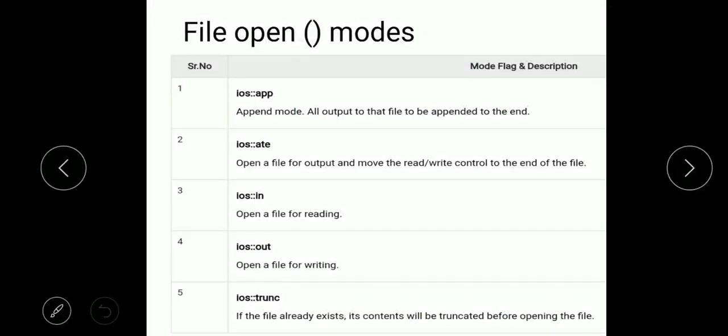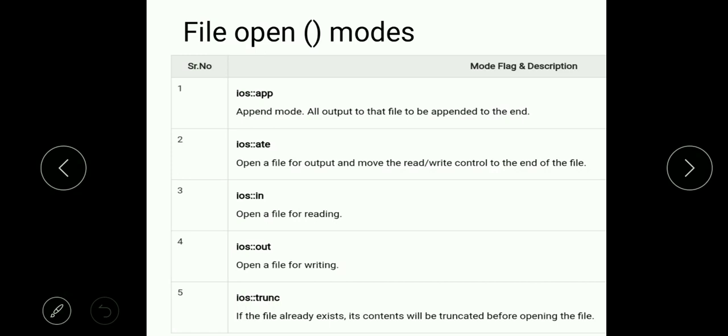These are the different file opening modes. ios::app is used for append mode. It adds the output or file data at the end of the present file. Then ios::ate is to open the file for output and move the read write control to the end of the file.